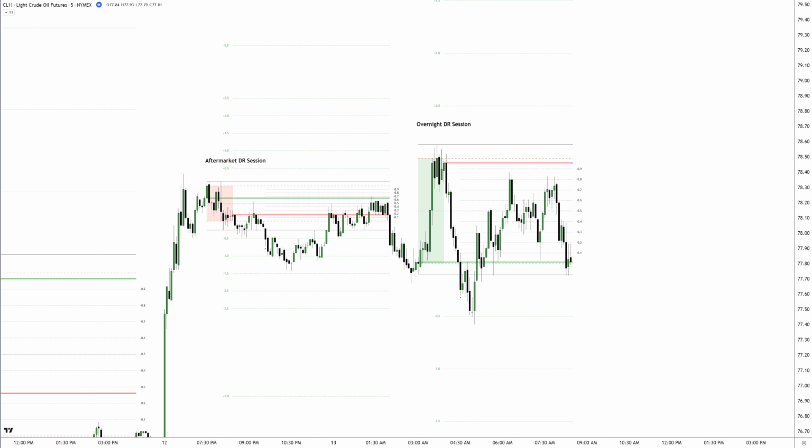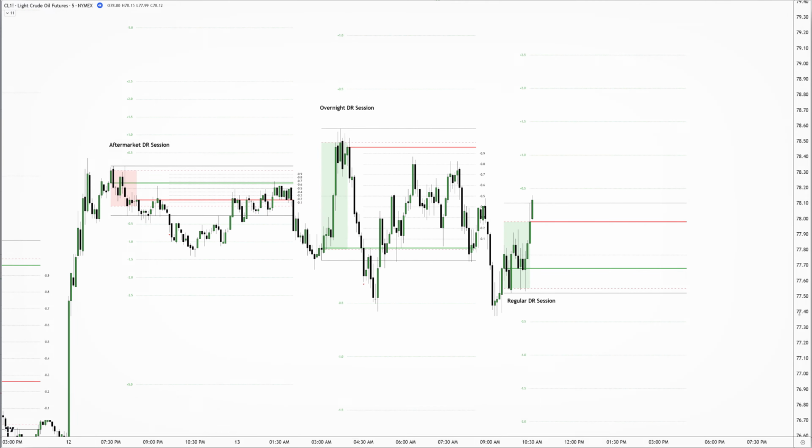Looking closely at the overnight DR session, the first hour of its range definition was crucial. Price took out both the highs and lows of the aftermarket DR session, which immediately eliminated the possibility of a DR upside or downside model forming. This early behavior strongly hinted at the likelihood of either a DR range expansion model or trumpet-like price action later